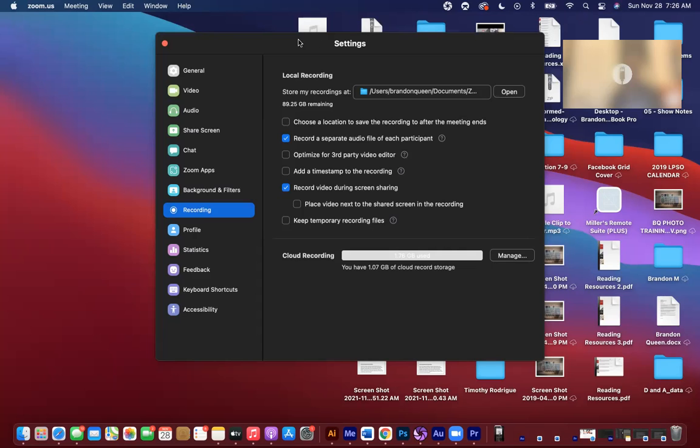The main thing that you want to look at, and this is very important, I have it checked off. It says record a separate audio file for each participant. Check that off. You also want to check off record during screen sharing if you do any screen sharing. But this is the main thing right here. You definitely want to have that checked. What that's going to do is save each individual audio file in a folder. And I'm actually going to show you how that looks